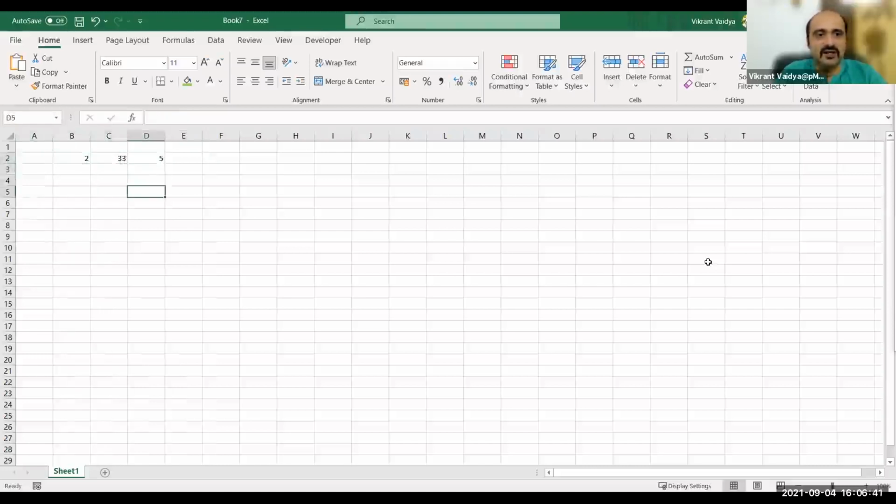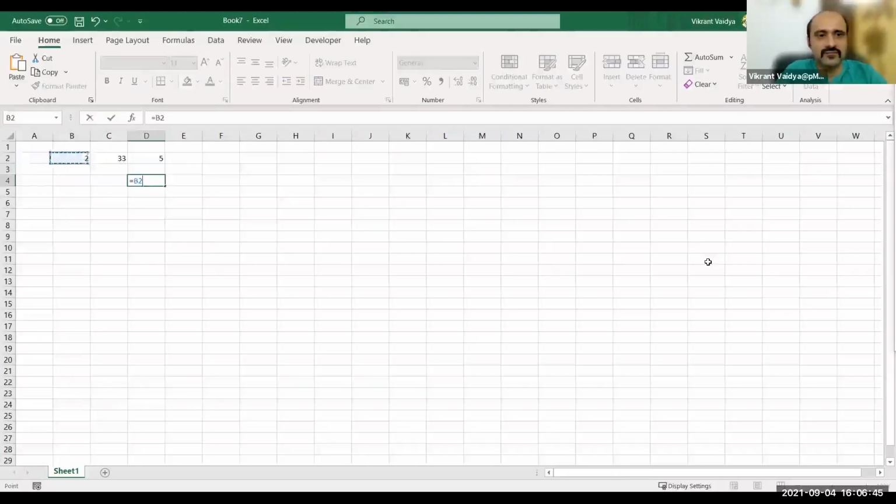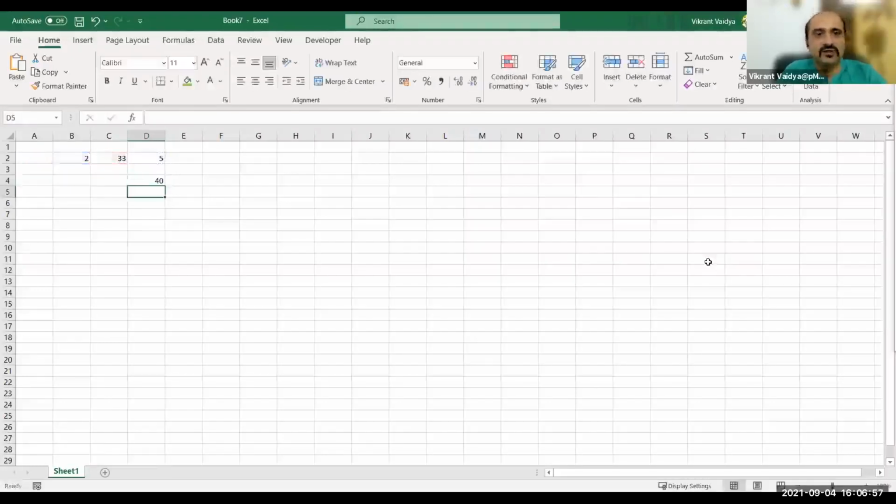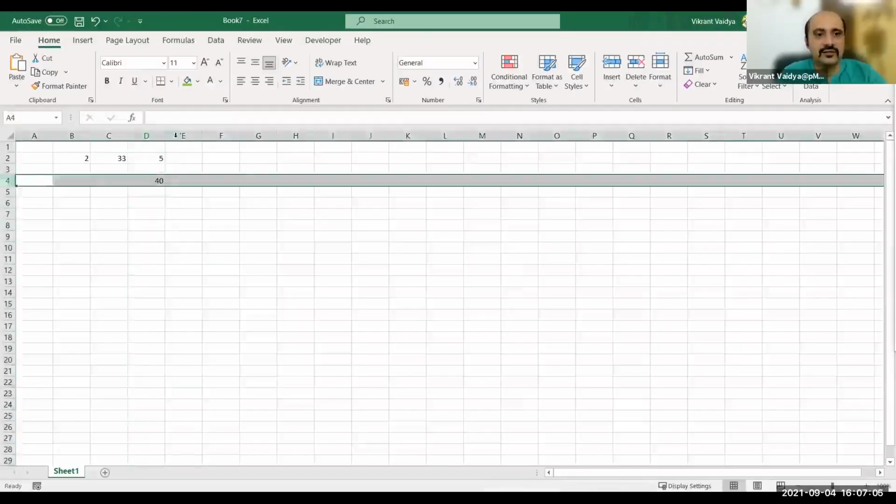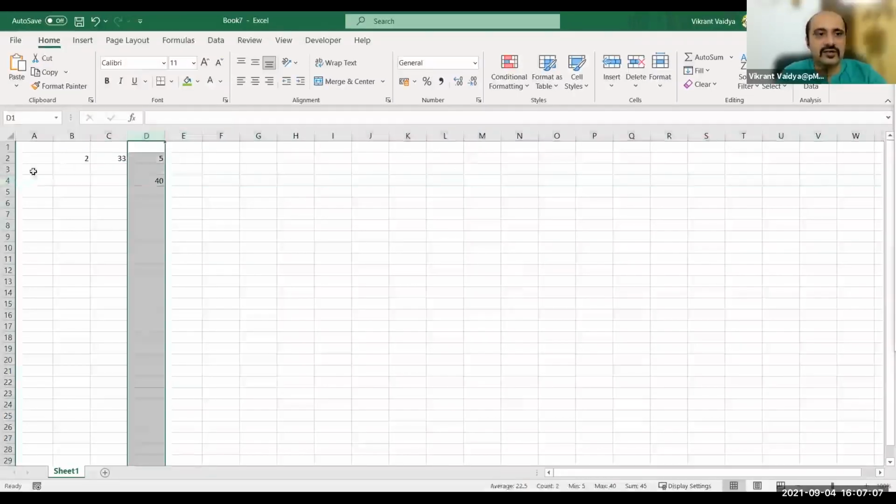If I put a formula, say a simple addition of these 3, the way we do it is put an equal to, plus, plus. So this cell D4, as we refer to it, means column D and row number 4.